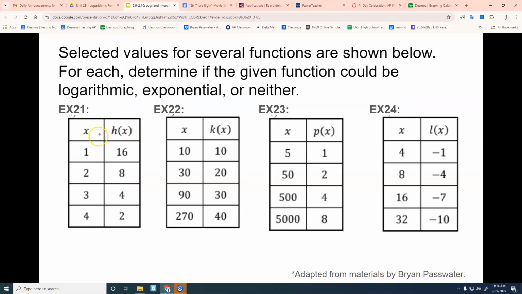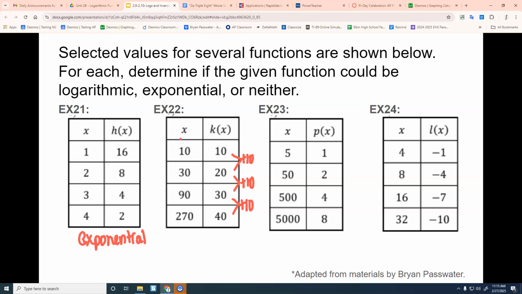So this first one, what do we have for it? That one's going to be exponential, because you are multiplying by 1/2 to get to the next line. Logarithmic is different. We want to see almost that same thing happening, but in opposite columns. So what we want to see is like we see in 22. We go up by 10, up by 10, up by 10. That would make you think it's linear, but